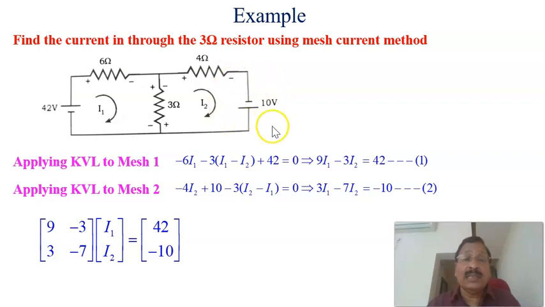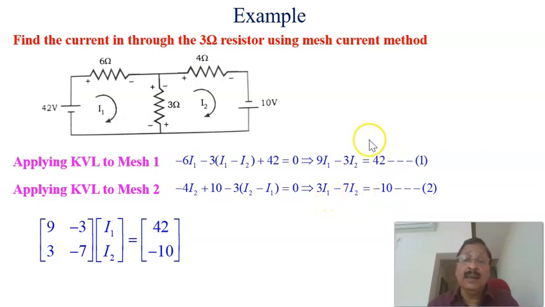That is why it is taken as plus 10 volt. Minus here the potential drop, which is 3 ohm into the current I2 minus I1, so minus 3 into (I2 minus I1) equal to 0,